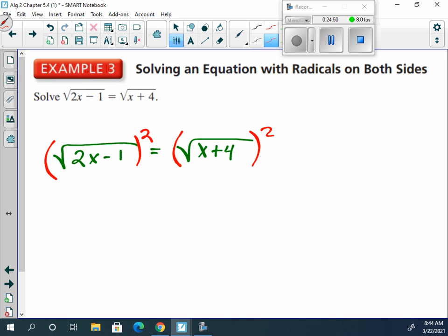Here the square root and square, it's the only thing there, yes? Over here is the same thing, it's by itself, so it would simplify out, yes? And the reason this works the way it does is because each side only has a radical. There's nothing else with it. So these cancel, leaving us with 2x minus 1 is equal to